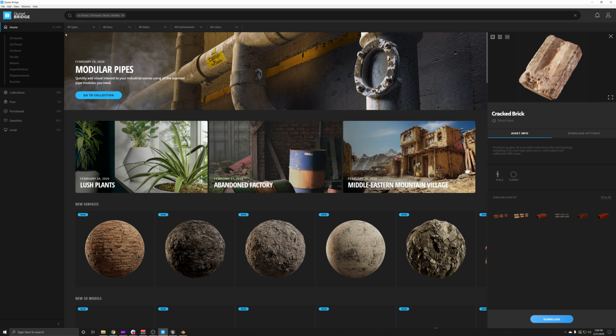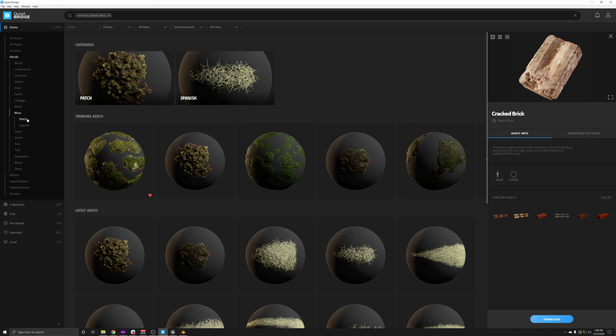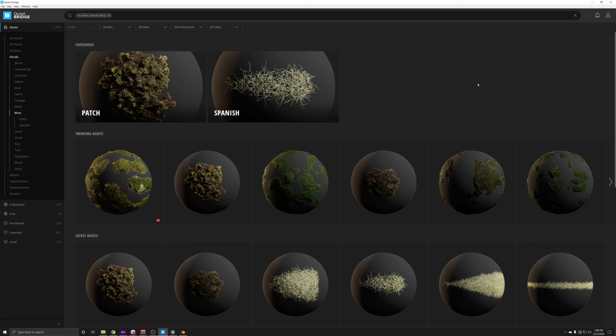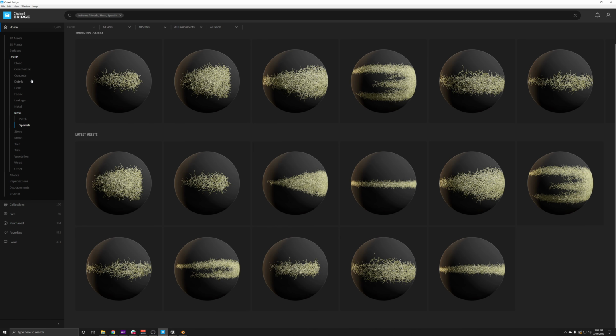So the next way we can search is through the left toolbar, as you're familiar with. So let's break this down a little bit further. So again, we have the Home tab, and we can break down each one of our assets. We can select decals. We can choose that we want that decal to be moss, and you can see each time that I select one of the subcategories here on the left toolbar, it automatically changes what we're seeing here in the middle viewport. Go ahead and exit out of that real quick. And we can keep breaking this down further and further, and it's just nice, repetitive search results.